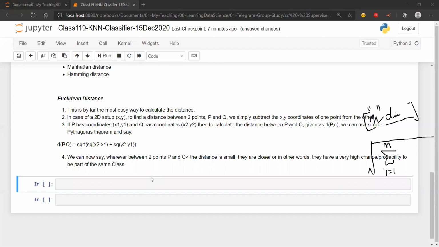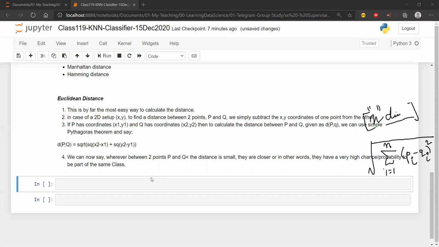So rather than taking 2 dimensions like we took earlier, x and y, now I am talking about n-dimensional data. In case of n-dimensional data, it's the summation of i equal to 1 to n of one point's value minus the other point's value, whole square, right?